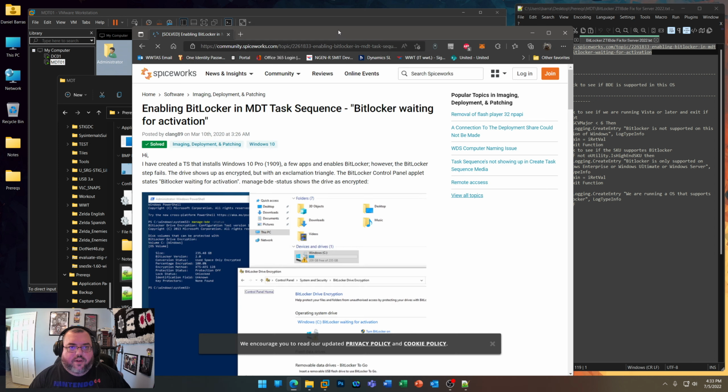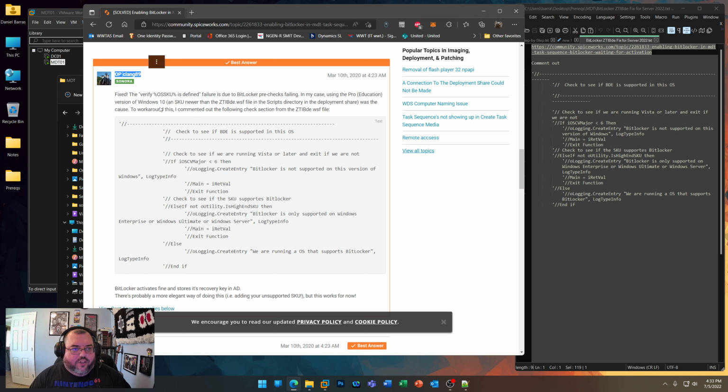And it looked like the same thing, right? Server 2022. It was the only one that had that problem. And what we found out from the original OP, Clang Knight 89, is that that SKU check is newer because Server 2022 hadn't been out yet. So what we're going to do is we're going to comment out, I actually removed it, this section, which I copied, to that ZTI